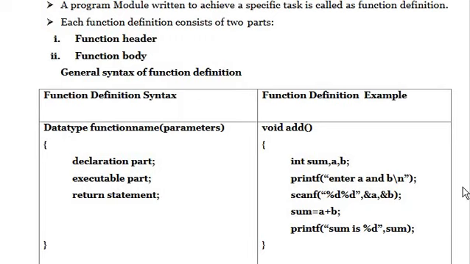A simple example here. In the function definition, you need to specify the data type. If there is no return value, then always the data type must be void. Void is also a data type, followed by the function name, and within parentheses, if you have parameters, you need to specify parameters, and within braces you are supposed to put the purpose of creating the function. That is the logic. You have to put it within braces.